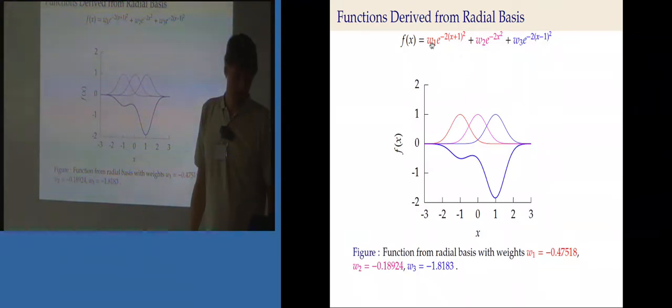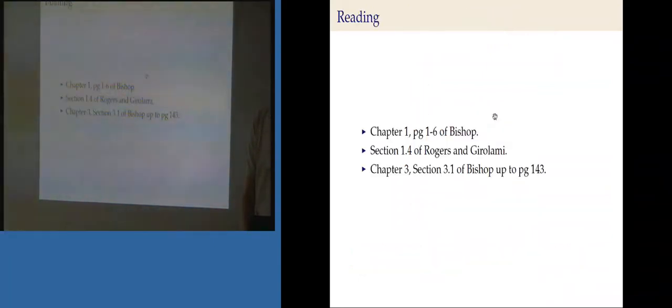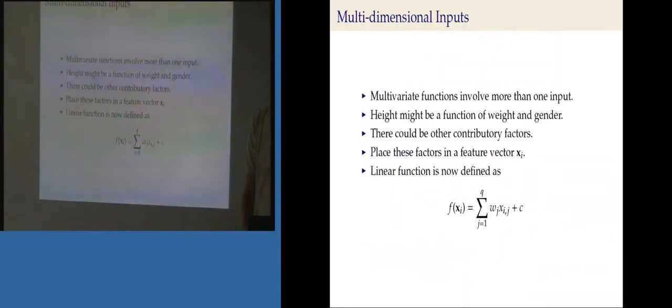So here our f has this form. It's still linear in the parameters, w3, w2, w1. As long as we don't take these basis centers as parameters, it's linear in the parameters. And we can sum different sets. Of course, this also relates to